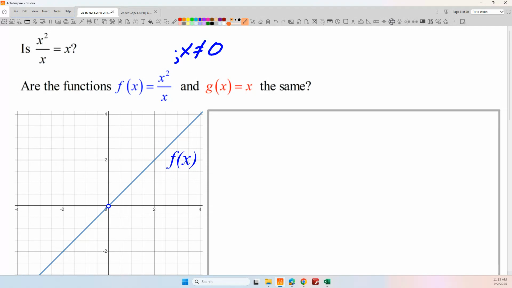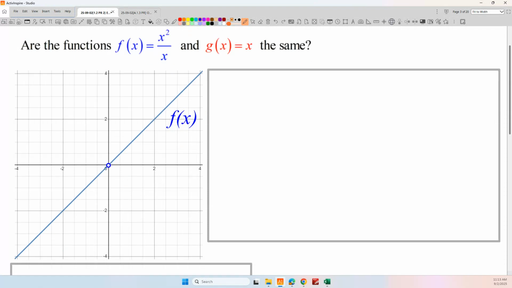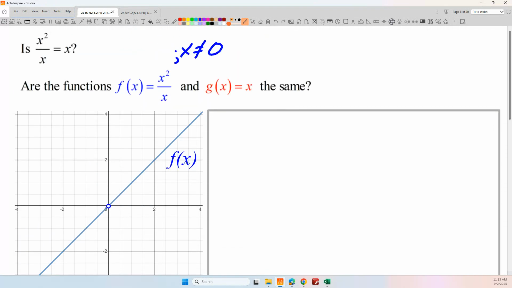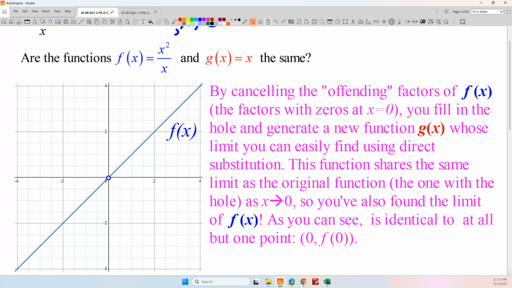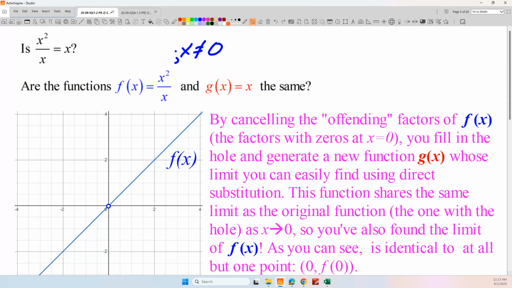Because what that allows us to do then, if we are trying to take the limit of that function, by canceling the x's on the top and the bottom, I sometimes call those the offending factors, because those are the factors that cause this thing to be indeterminate. The fact that we had x's on the top and the bottom,